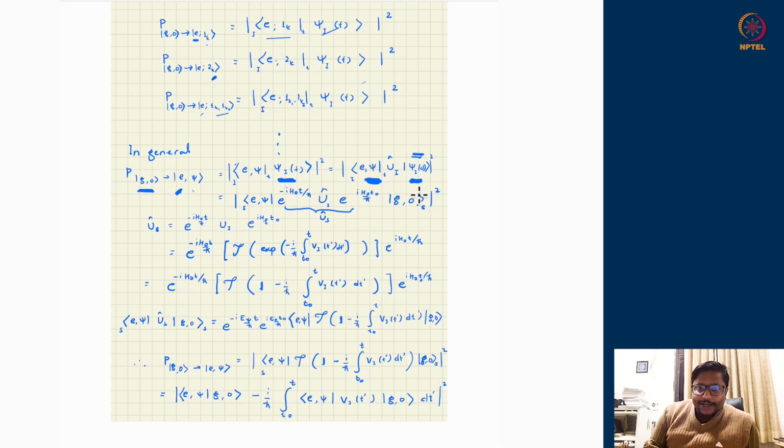So now I go back to the Schrodinger version. The initial psi I0 is obtainable from e to the power i H naught t naught upon h bar acting on psi Schrodinger at time t0. In the Schrodinger picture, the initial state was g comma 0. Both the systems were in their ground state. e to the power i H naught t naught upon h bar has to act upon it, because this is the definition of psi I0. So these two terms together are psi I0.